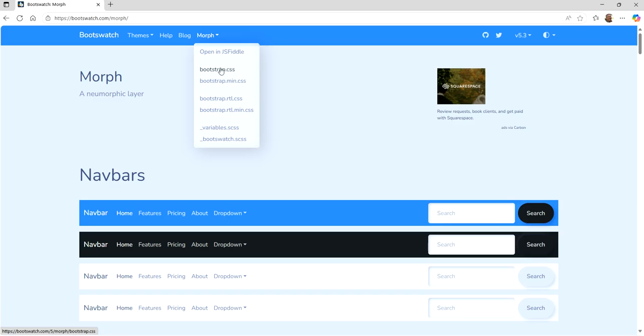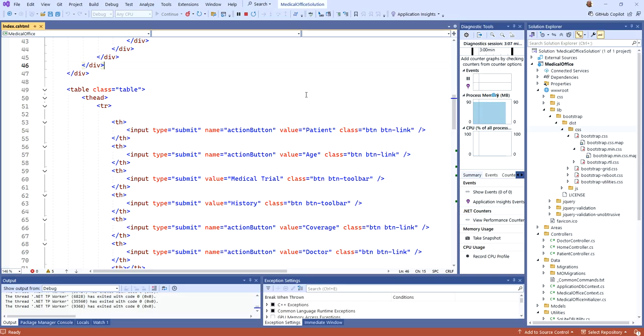projects, is grab these two files, the Bootstrap CSS and the minimized version, right? I think you could almost get away with just the minimized version. I've never tested it because I think it's best practice to always grab both and just download them. And where do we put them? Well, let me come back here to Visual Studio for a second and kind of remind you a bit of